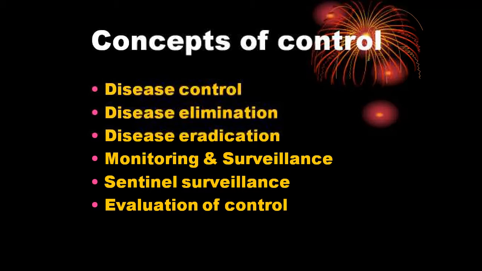But most of you fumble because you don't attend the initial classes or you have no concept as to what we are talking about. They are simple English words. And then we have 2 more English words, monitoring and surveillance. They are almost similar but different. And along with surveillance, we have another word attached with a prefix, that is sentinel surveillance. So you got to remember elimination, eradication, monitoring and surveillance, and sentinel surveillance.